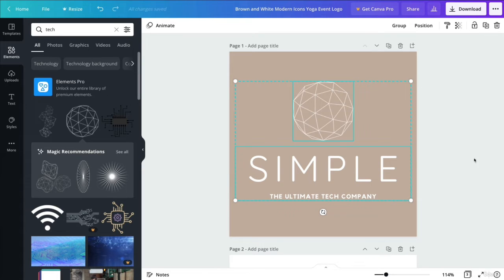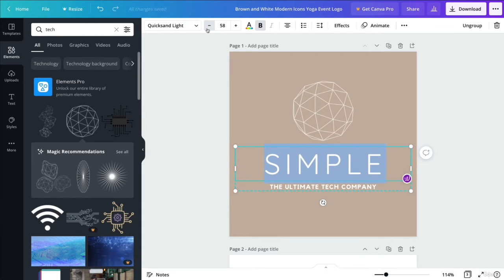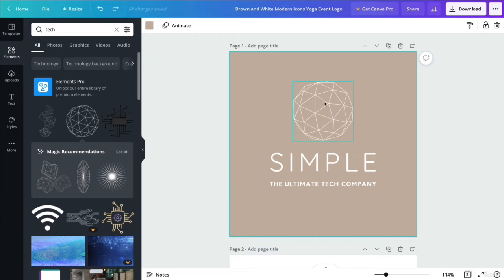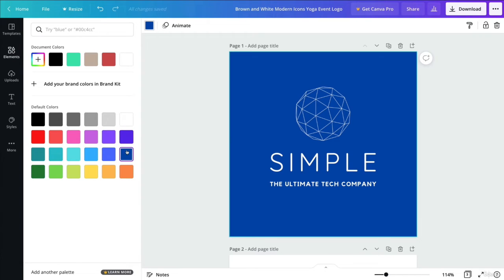We can also change the text itself by simply double clicking on it. We're going to make it a little bit smaller, and we're going to match the width with the width of the subheadline, so that it's all neatly organized. Going to adapt it, and in order to change the background color, maybe something around the lines of a blue or a green. These are the first colors that I'm thinking about when it comes to tech. We can also consider a purple, such as this one here.